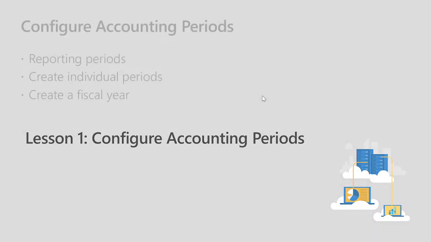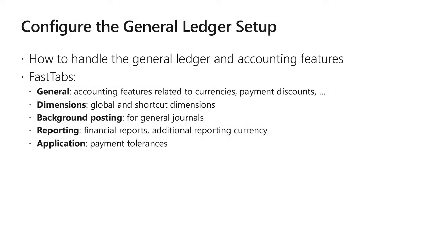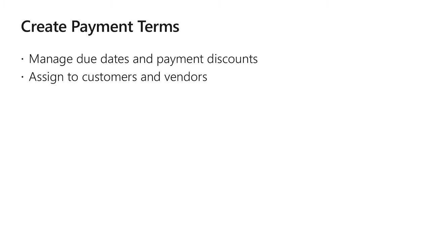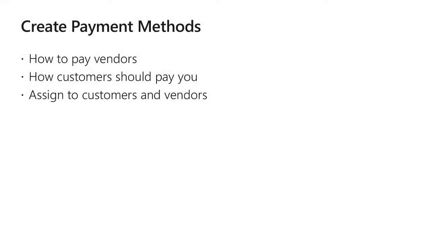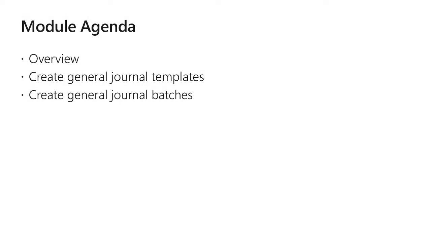Configure accounting periods. We have seen reporting period, individual period, create a fiscal year, configure the general ledger setup, how to handle general ledger and accounting features, general dimensions, background posting, reporting, and applications that we have seen. Create payment terms also covered. Manage due date and payment discounts, we have discussed. Assign to customers and vendors. We will see how we assign payment terms to different customers and vendors later on. Create payment methods. Assign to